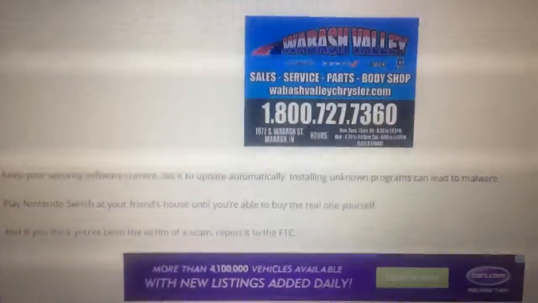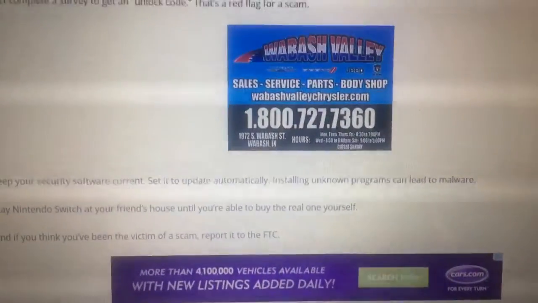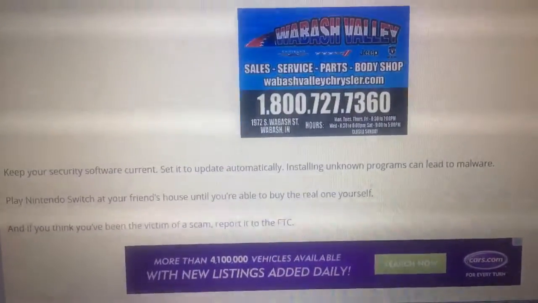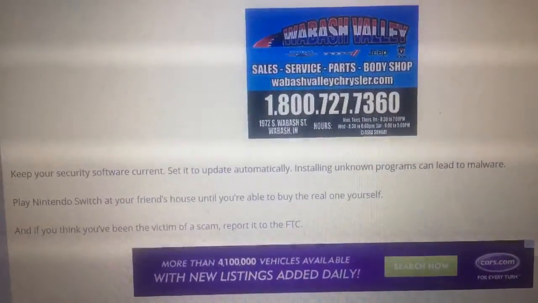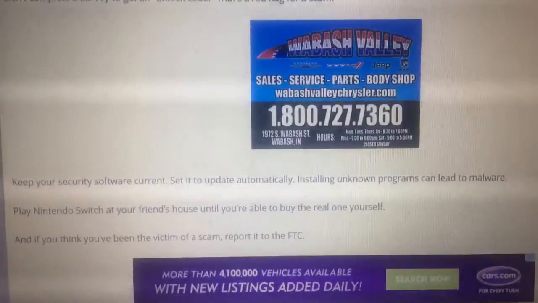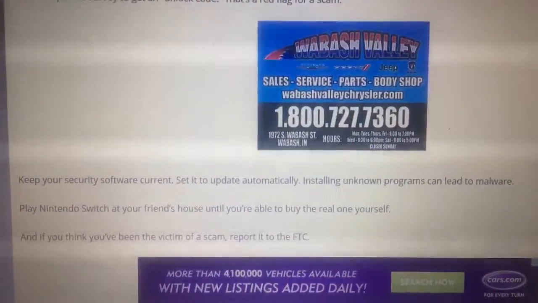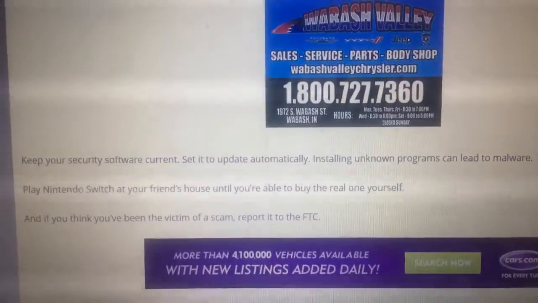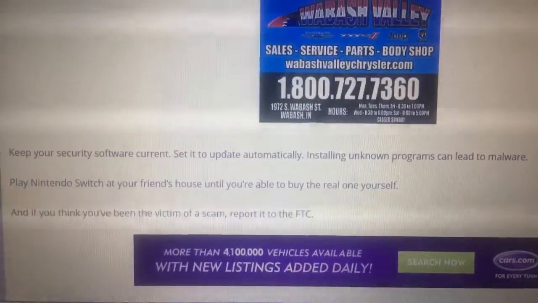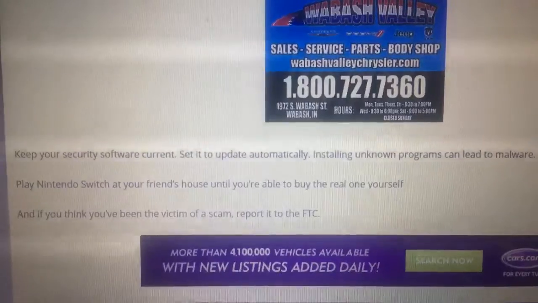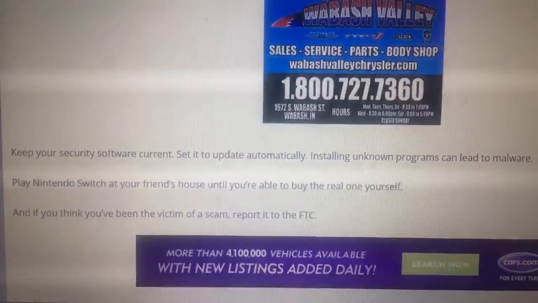Three, keep your security software current. Set it to update automatically. Installing unknown programs can lead to malware, meaning your computer will start glitching out, getting viruses, and getting messed up. And the fourth obvious solution: play Nintendo Switch at your friend's house until you're able to buy the real one yourself.